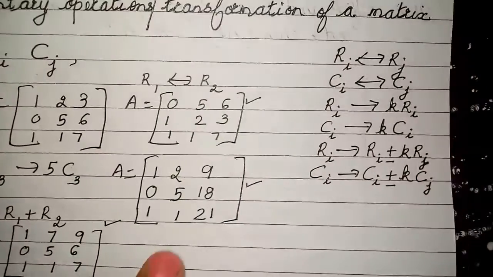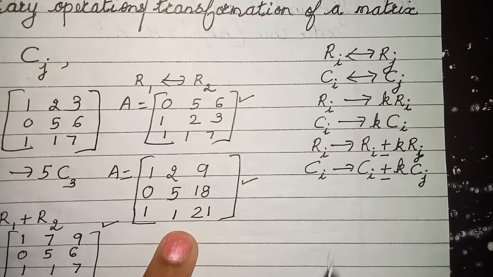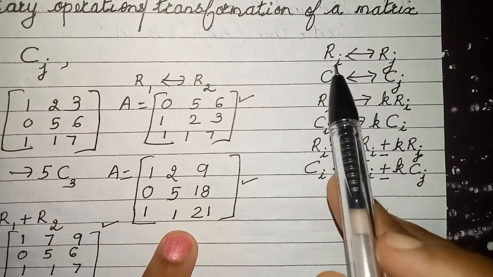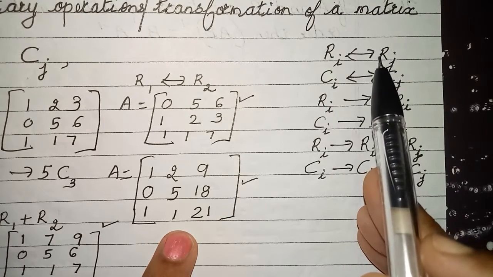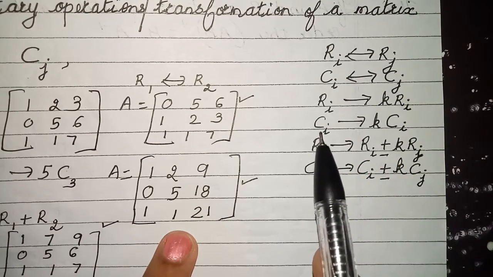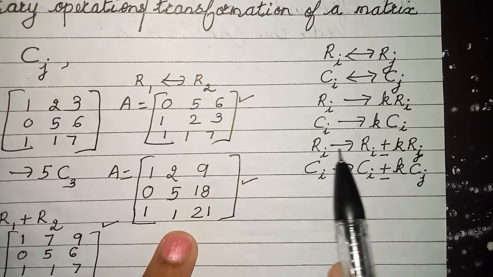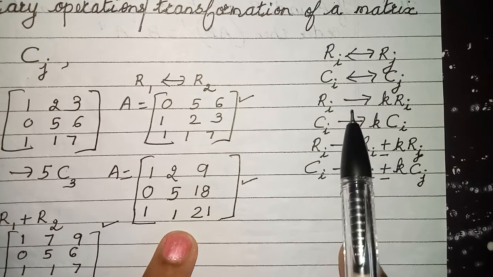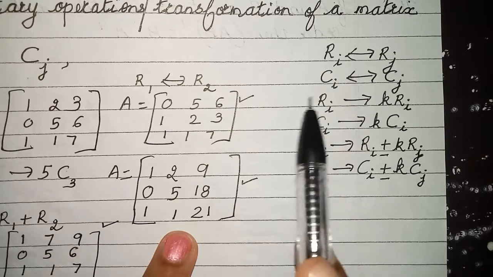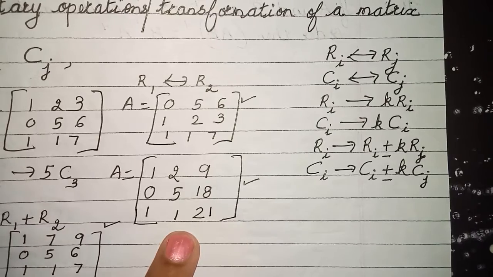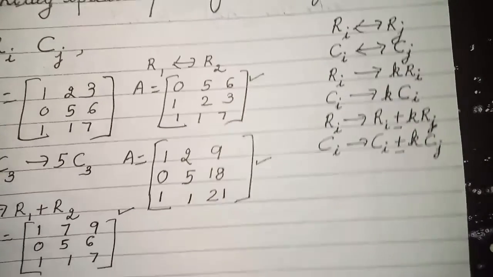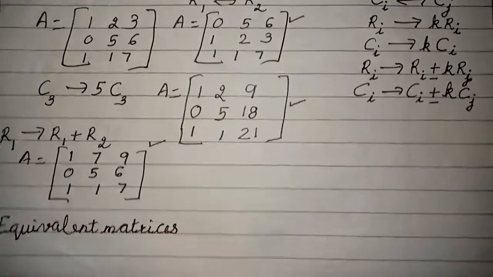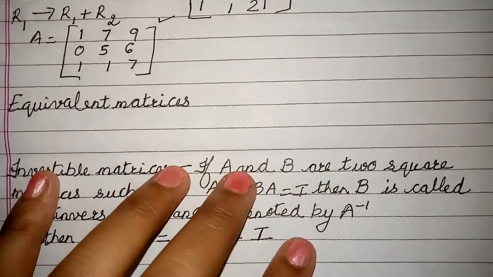And one more thing, children, you must have seen in the elementary operations, whatever happens is between rows or between columns. You cannot exchange a row and a column. You cannot add a row to another column. You cannot take a scalar multiple of a row into another column. Whatever happens will be happening between rows or between columns. Same way, when we are solving problems, we are going to see these kinds of restrictions of elementary operations of a matrix.